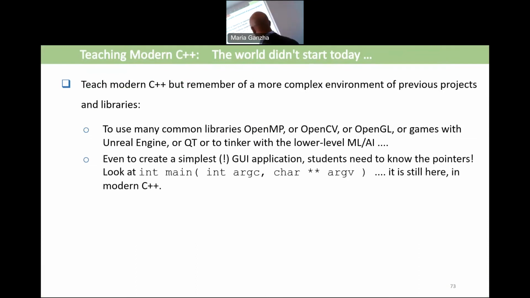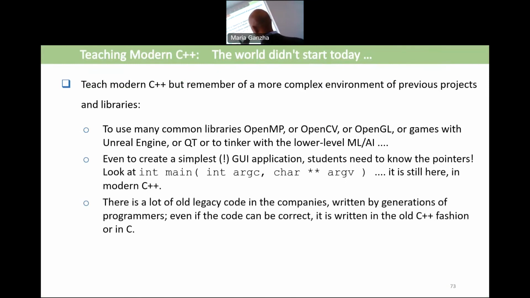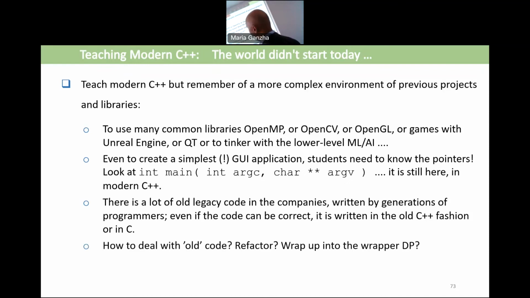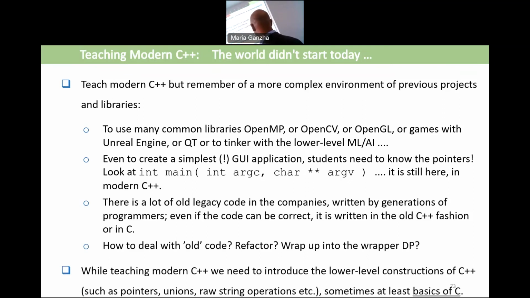So this is the matter of what, but even explaining what these stars are here, they stand for pointers. We need to introduce pointers. And also we teach C, but after the course of C++. Many years ago, we started from C, but now we changed. We start, as I mentioned, with vector, with for, and once the students have good habits of programming modern style, then we go gradually to lower level. This way. Also, we teach Python before or after. It depends on background. So yes, basics of CS.